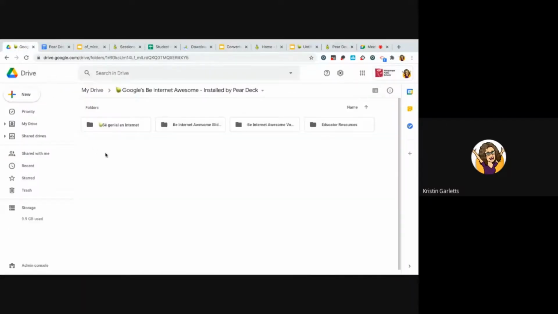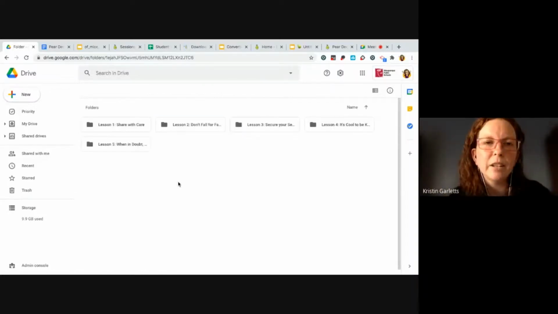it's got 4 different folders that it adds to your drives. There's one in Spanish, there's slide decks, there's educator resources, and then there are vocabulary lists. So this Be Internet Awesome is super great to help your students how to be better at using the internet. I like the slide decks because they're also organized by standard. So they've got share with care,